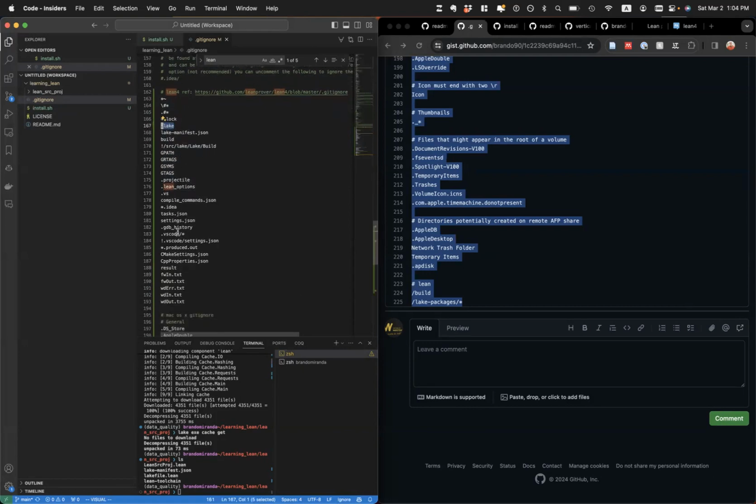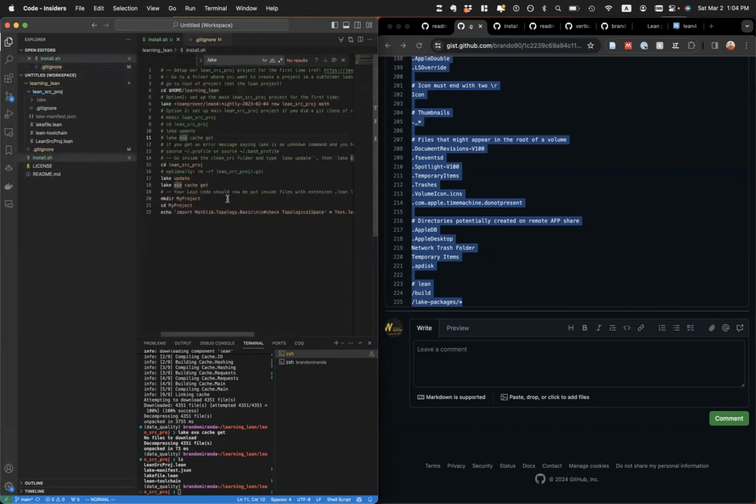It somehow knows not to track .lake. Oh, there it is, the first one. It knows not to save a 5 GB file to Git. So that means that when you git clone this repo, you're going to have to actually